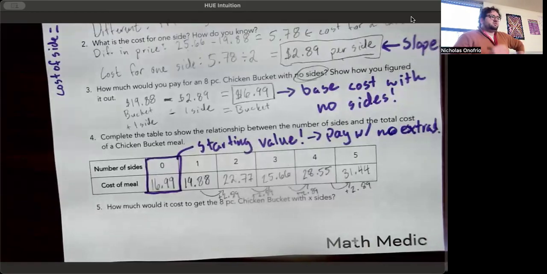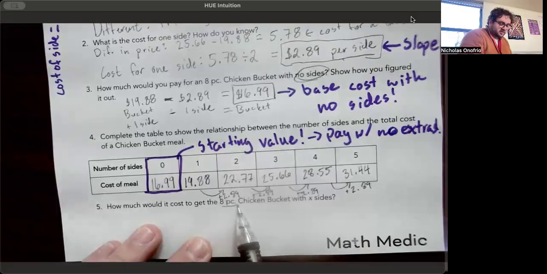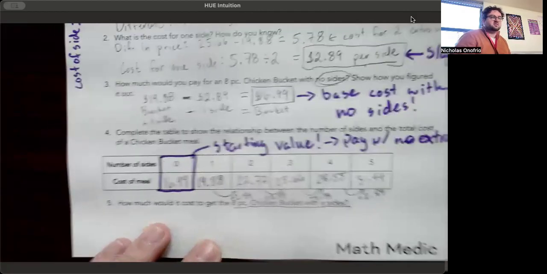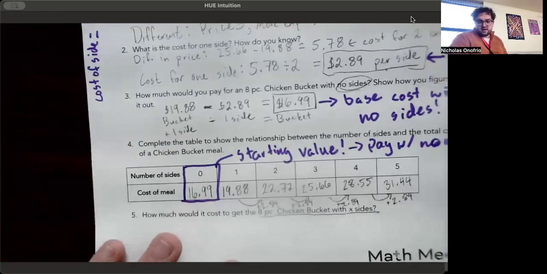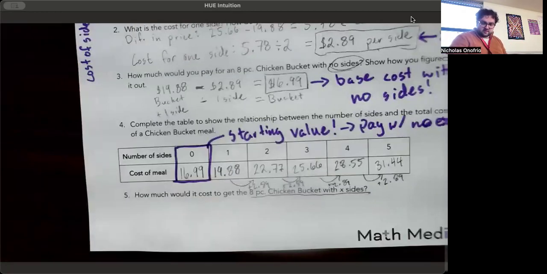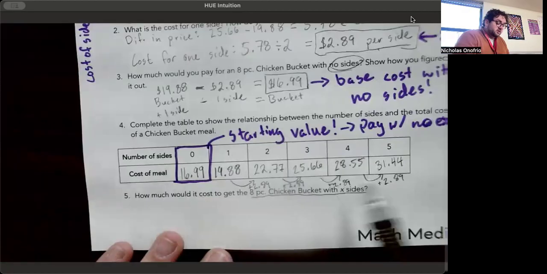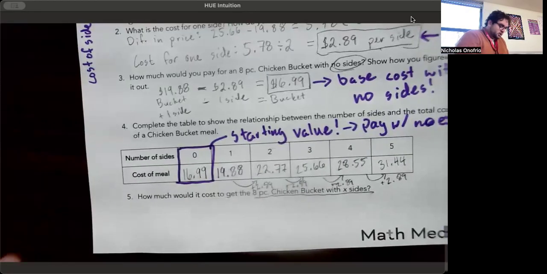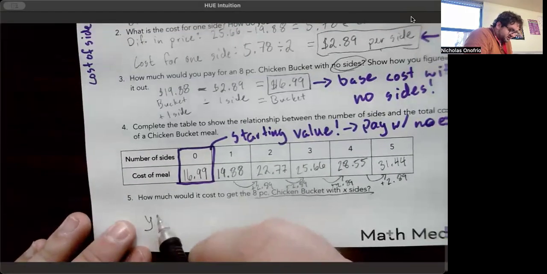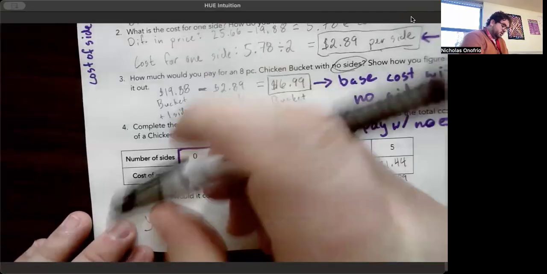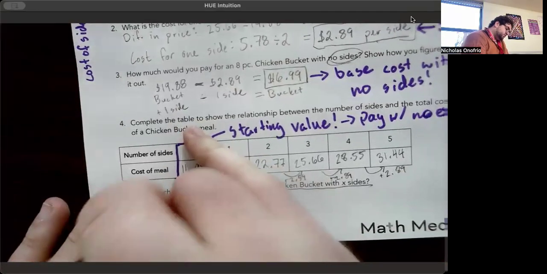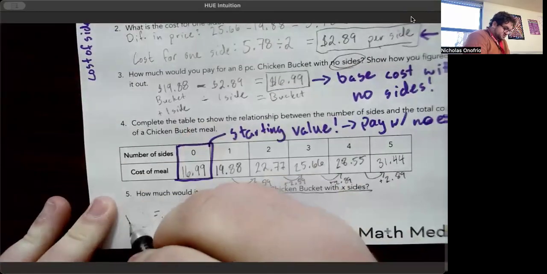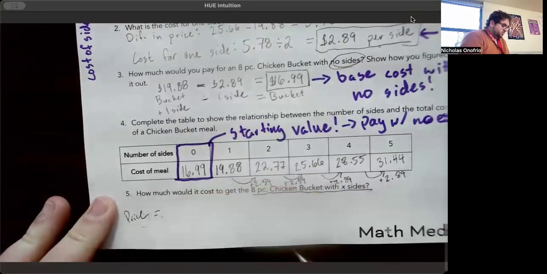So, last but not least is question number 5. How much would it cost to get the 8-piece chicken bucket with x sides? Now, this one's tricky because they don't give us a number, right? So let's see if we can put one in there. Or let's see, they give us a variable we can use. Let's see if we can put an equation together. We know that no matter what, our price, I shouldn't use y here, let's actually use the word price. Our price is going to be equal